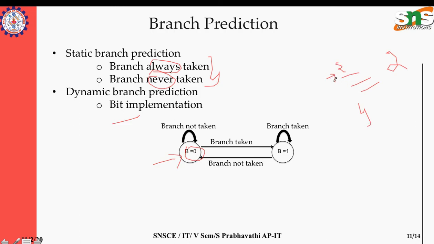Initially, while executing this branch, our prediction says that the branch instruction fails. So it won't go into the branch instruction. See here, suppose this is the branch instruction. Once the branch instruction is set to true, it has to jump to this target address. And if we say the branch instruction is false, then this instruction gets executed, and this one gets executed.